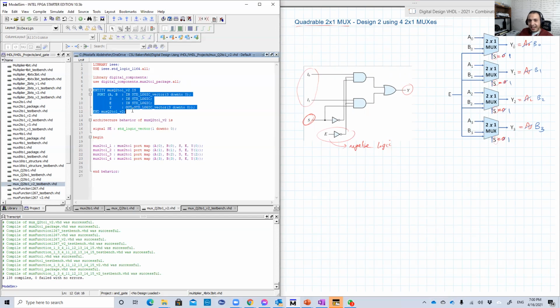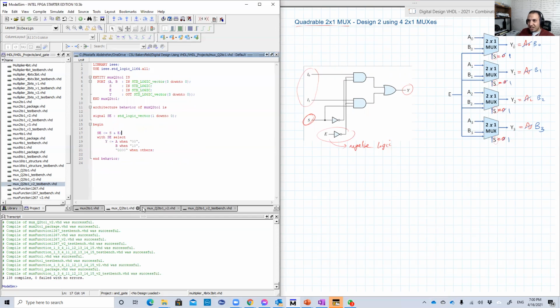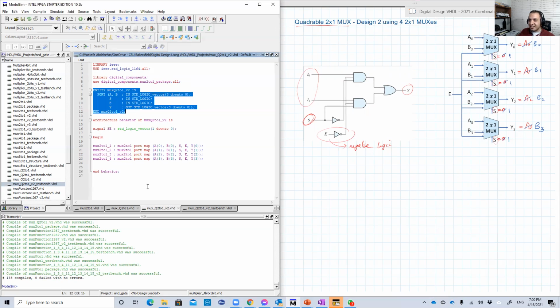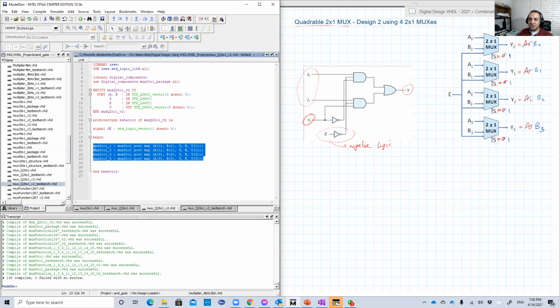Same entity as the other design without the packaging, because it's basically the same function. But now the implementation is different. This is now a hierarchical implementation. We don't need this signal, by the way, so you can just ignore it